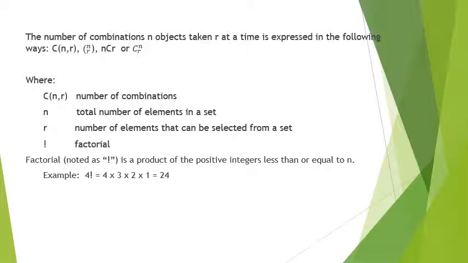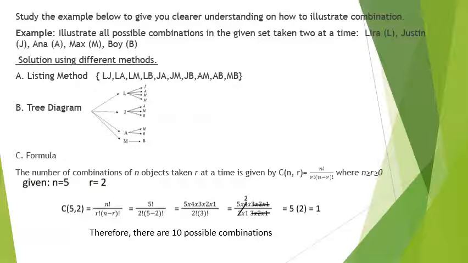So previously they already learned the counting principle and also the permutation. The previous examples are just examples on the idea of the combination, that order doesn't matter. So here, this is now the example on how to illustrate the combination. Study the example below to give you a clear understanding on how to illustrate the combination. Example: